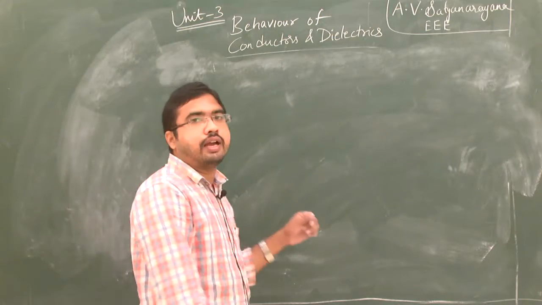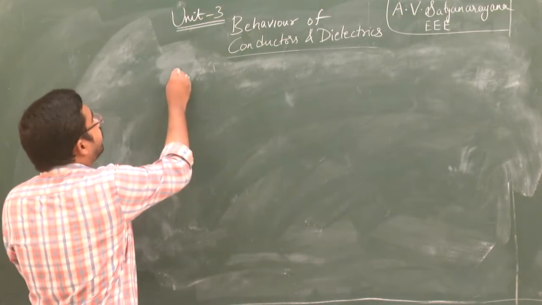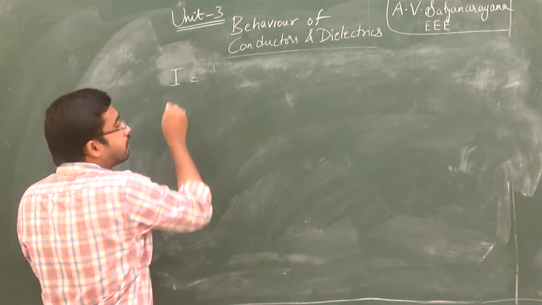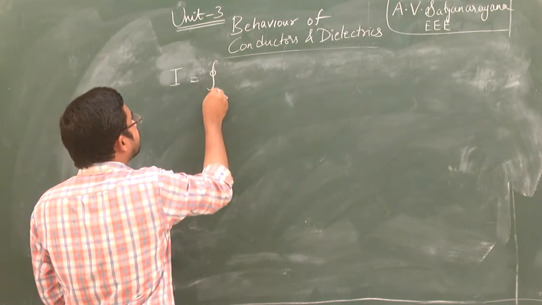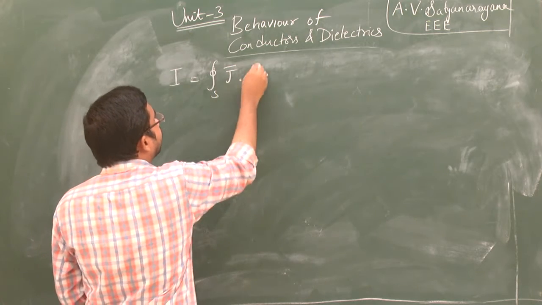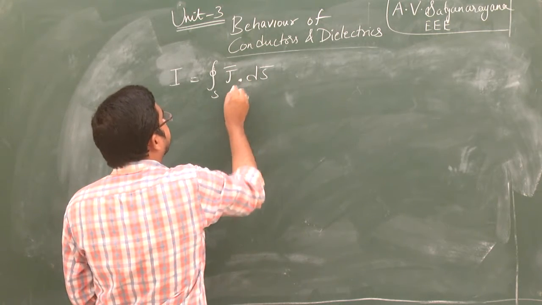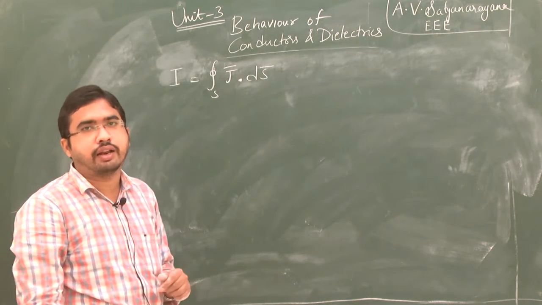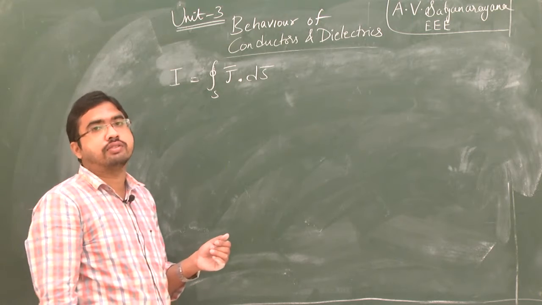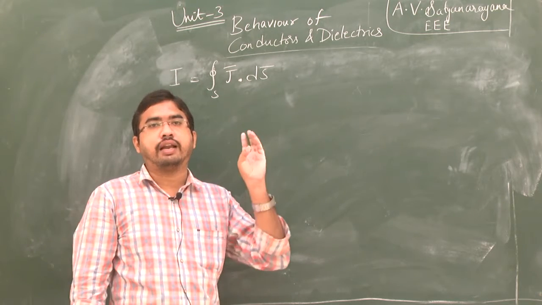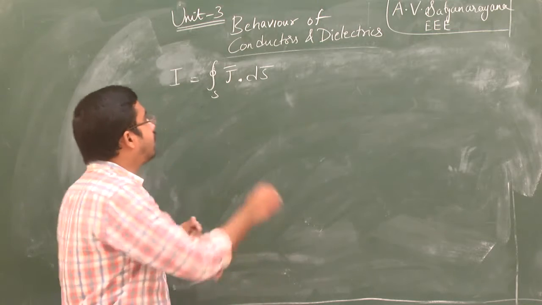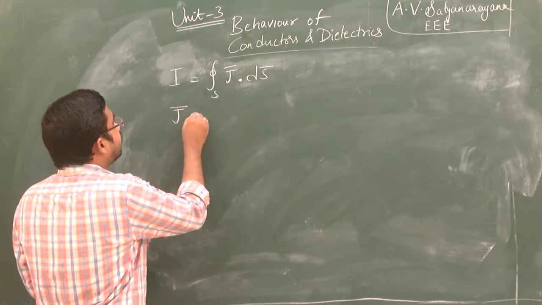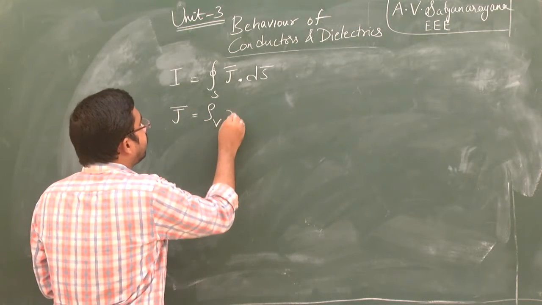So until now we have studied the relation between current I and current density J bar, that is derived as I equal to closed surface integral of J bar dot ds bar. This is one relation that we have derived, and the next derivation that we have seen is the relation between current density J bar and volume charge density rho v, that is given as J bar equal to rho v into V